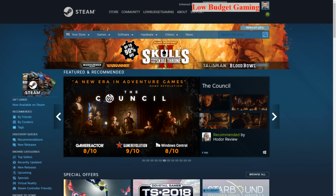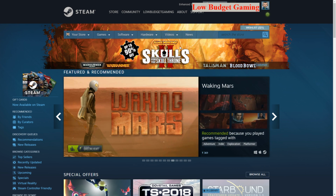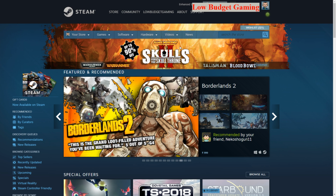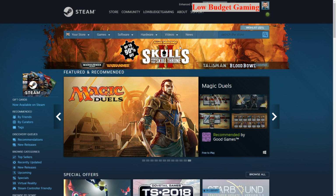And finally, one more side tip if you will: try to buy the game of the year editions. In my experience, about a year and a half to 2 years is the sweet spot for buying a game, because the game has been patched, they've released all the DLCs, and they of course have a game of the year edition out, which puts everything together. So instead of having multiple DLCs and skins and guns and expansions separate,